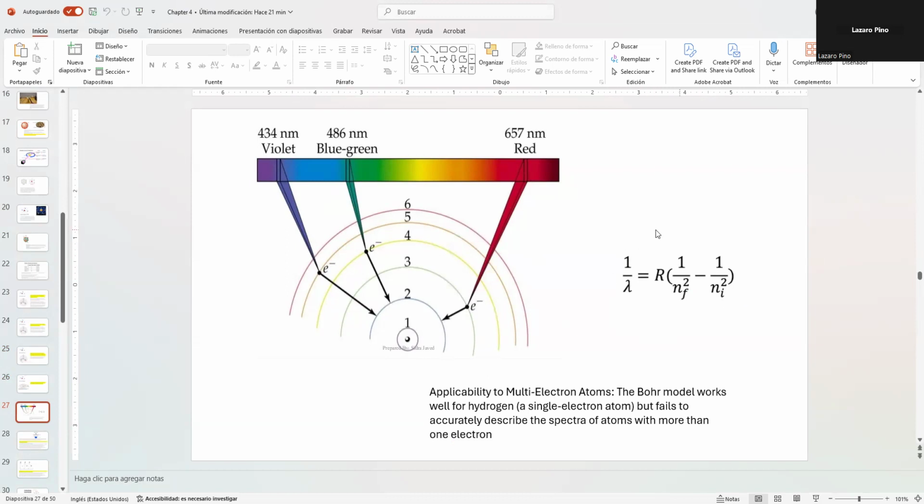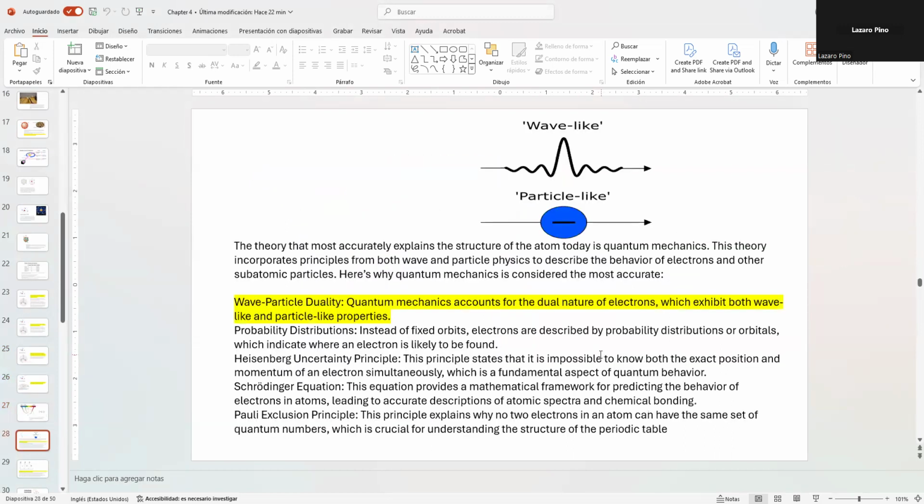And he used this formula, where R is the Rydberg constant. But what happened? He could not explain the structure of atoms with more than one electron,